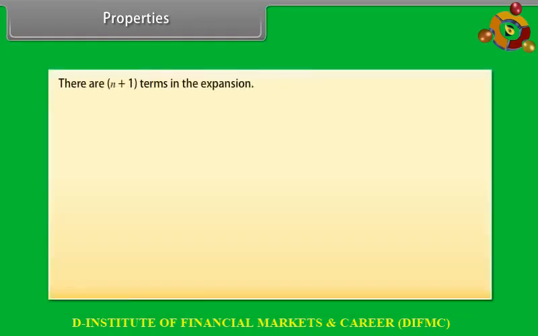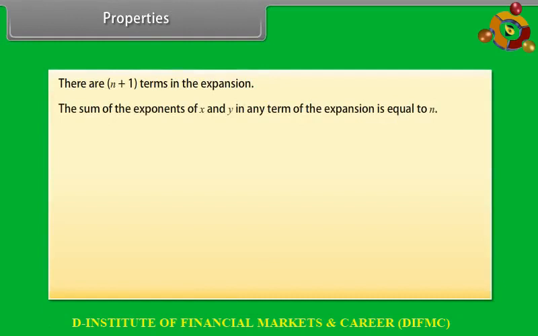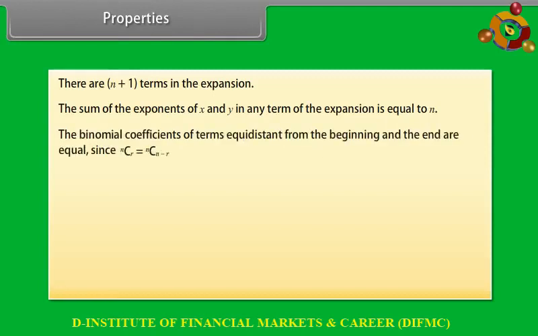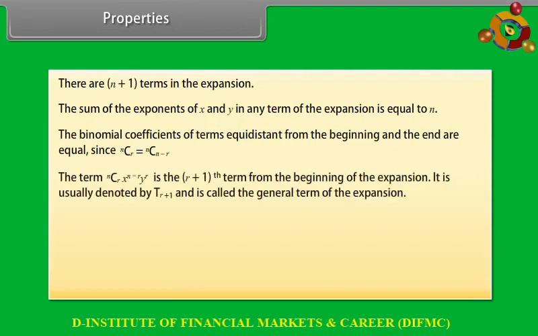Properties. There are n + 1 terms in the expansion. The sum of the exponents of x and y in any term of the expansion is equal to n. The binomial coefficients of terms equidistant from the beginning and the end are equal, since nCr = nC(n−r). The term nCr xⁿ⁻ʳ yʳ is